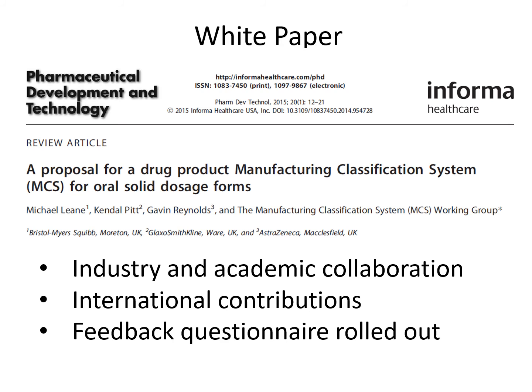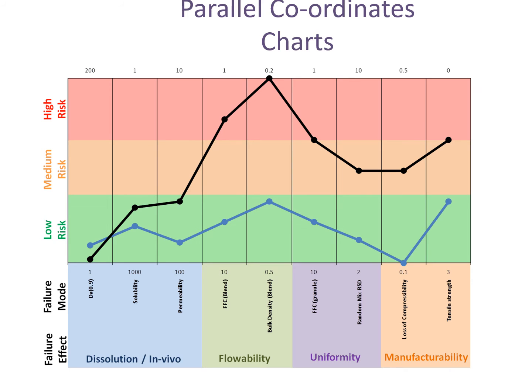The key thing about this was it was industry and academic collaboration. We had people from a wide number of areas involved in it, and we rolled out a questionnaire. What did people think was important? And what that questionnaire came back with was that people thought that shape and size were quite important, as was surface area. So if we see how this all put together, you can read the paper in more detail, but this is an interesting example of how we decided that we would start assessing materials.